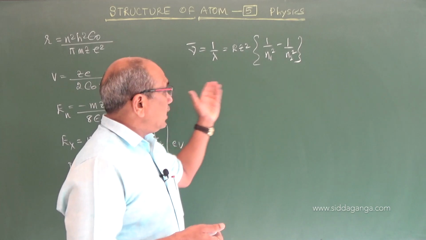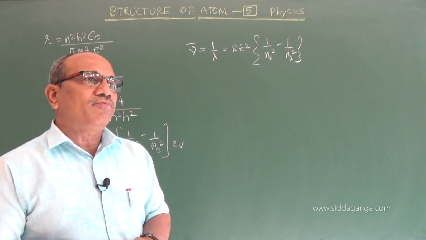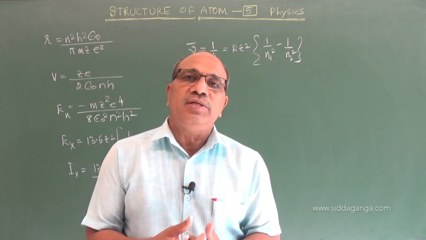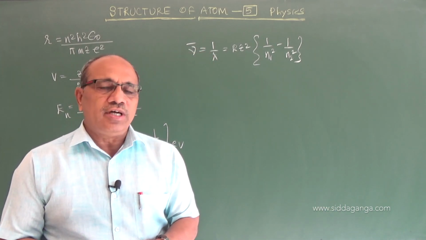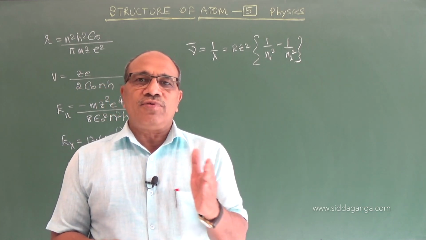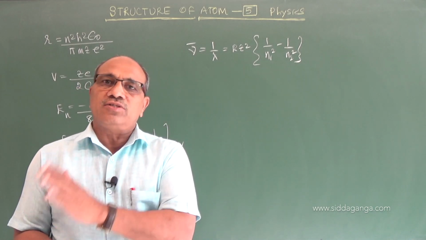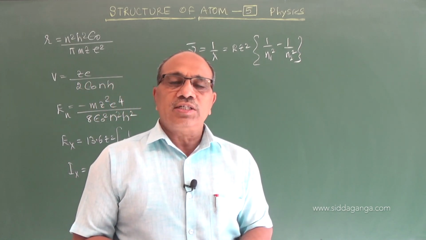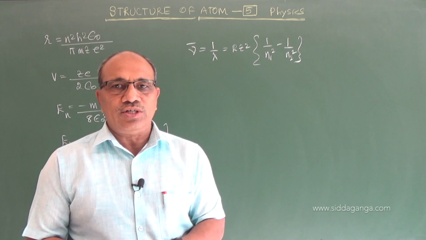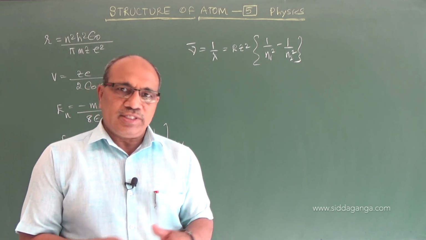In relation to that, we have discussed the different series. At that time the well known spectra were of the hydrogen atom: H alpha, H beta, H gamma, H delta. These standard notations are used for the 4 distinct spectral lines of the hydrogen atom. Now they are in the Balmer series.